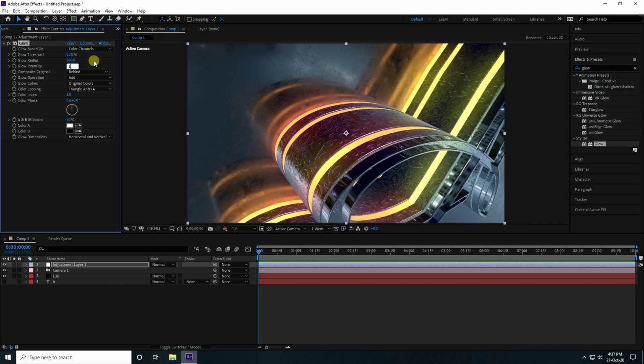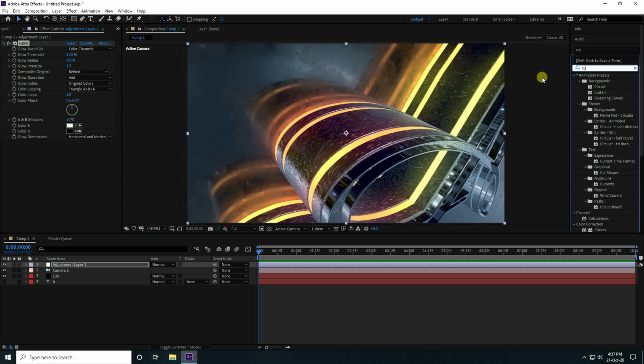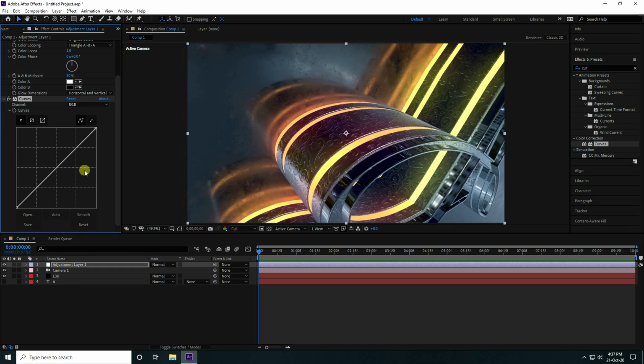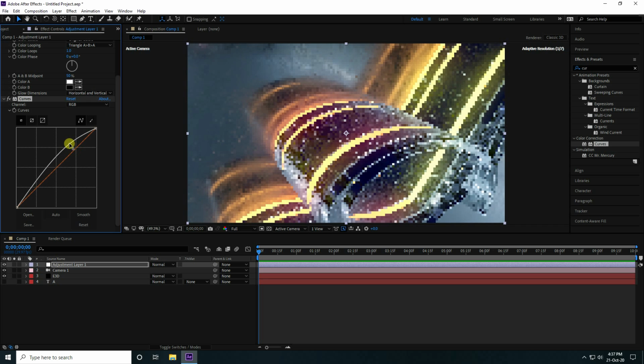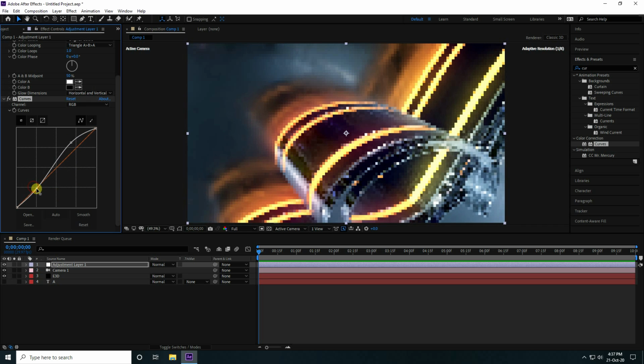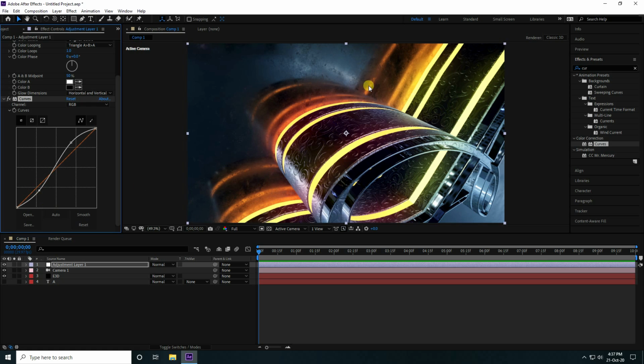Actually take 1.2. That's my glow lighting. And second, I use the curve tool. Select this curve, apply it on the same adjustment layer and increase a little bit. Yes, better. See guys, that's my beautiful lighting and mirror effect, right?